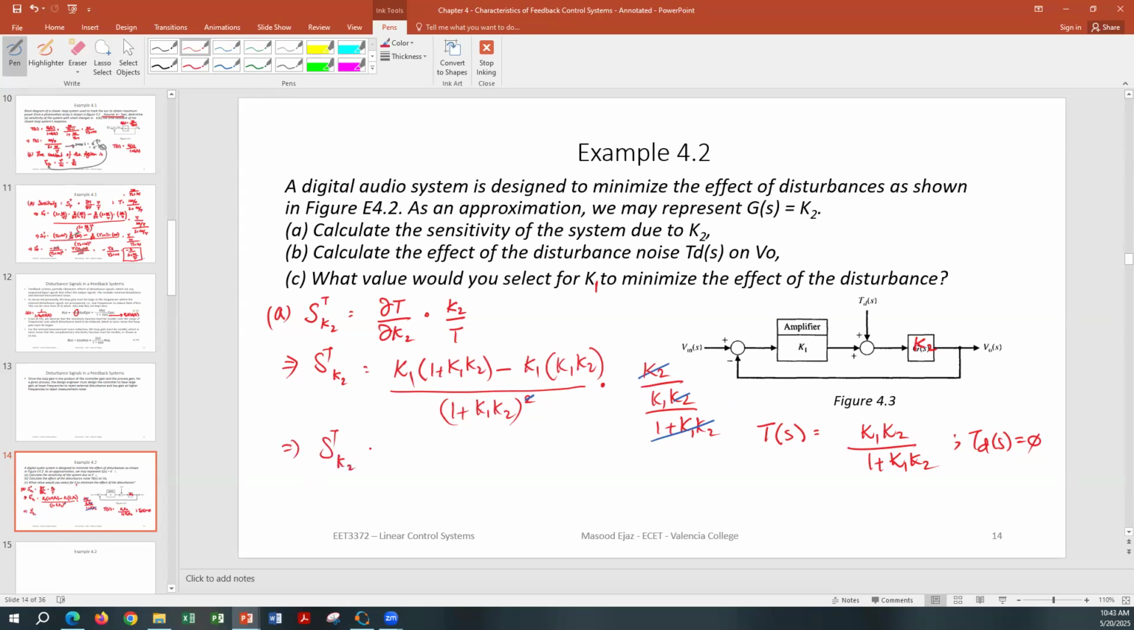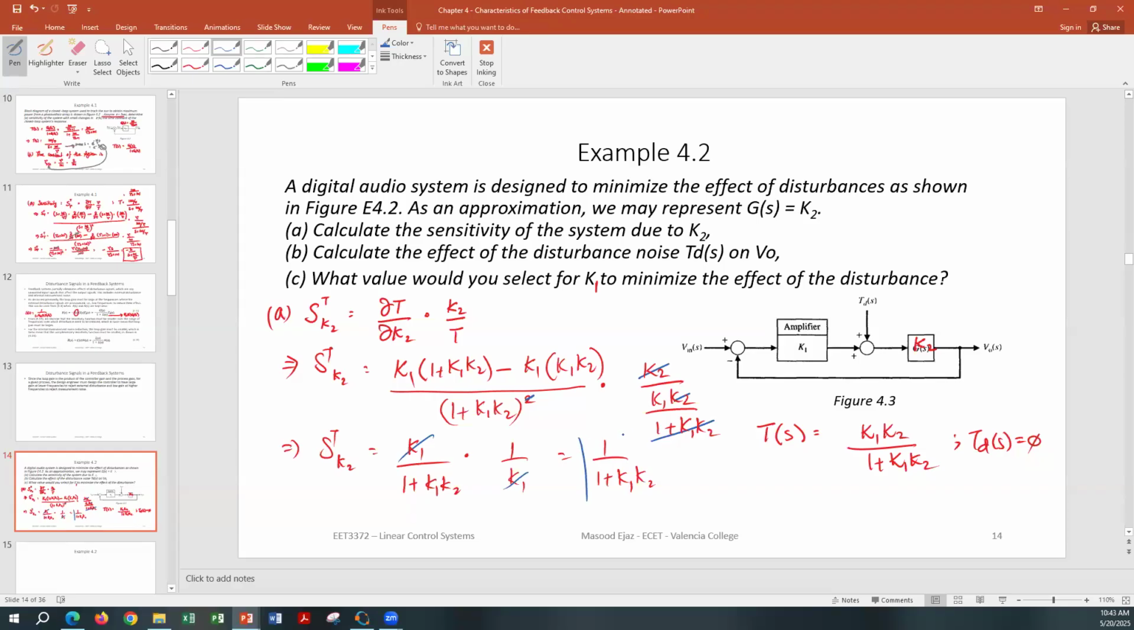Sensitivity of the transfer function with respect to K2 is going to be K1 plus K1 square K2 minus K1 square K2, so those two terms will be cancelled out as well. And we're going to have simply K1 in the numerator, plus 1 over K1 K2, times 1 over K1. So that will also cancel out K1. So your sensitivity will simply be 1 over K1 K2,